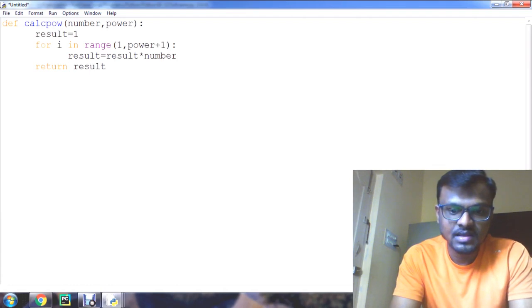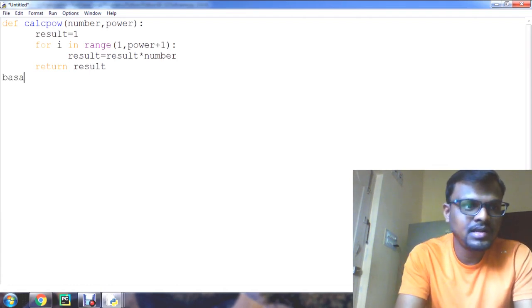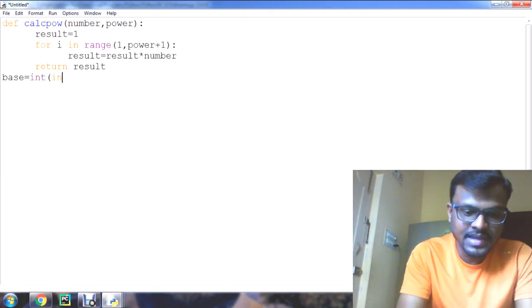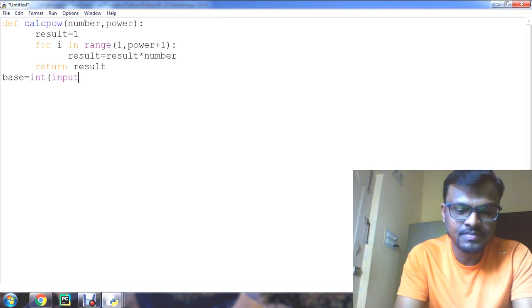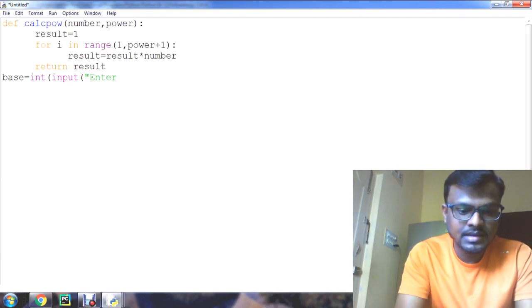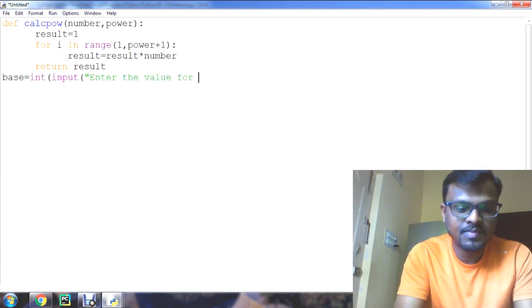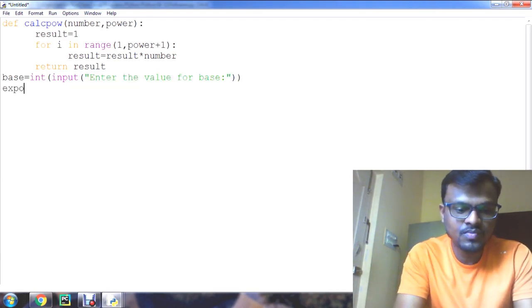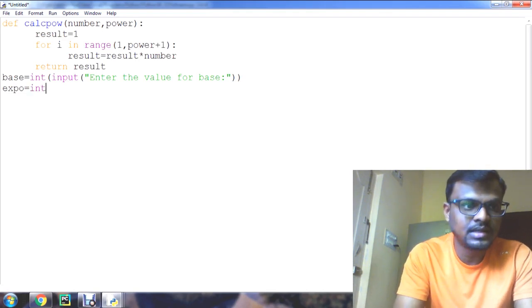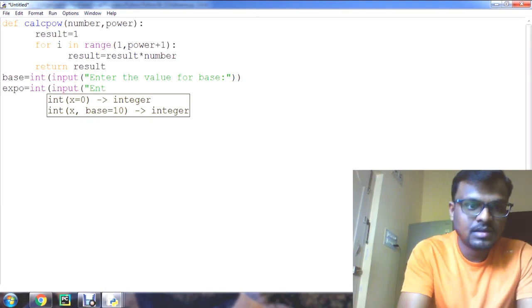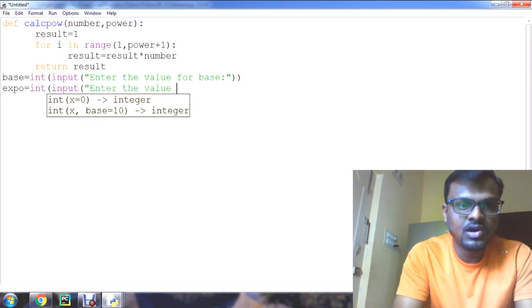And now I want the base value. For that, I will get the base value from the input function from the user, enter the value for base. Okay, after that I want expo, that means exponent value. That also I will get from the input function, enter the value for exponent.